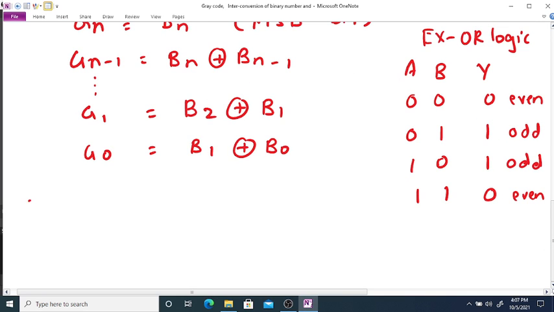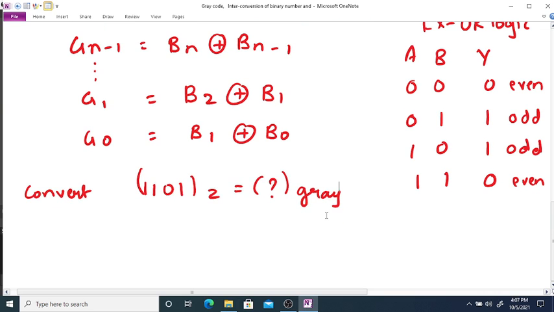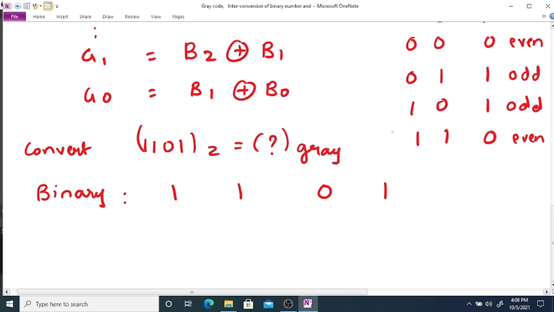We will see an example. Convert 1101 into gray code. So first we will write the given binary number as it is, 1 1 0 1. We name them as B0, B1, B2 and B3. So the corresponding gray code will be,